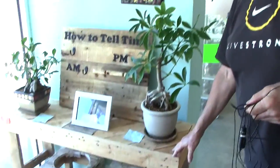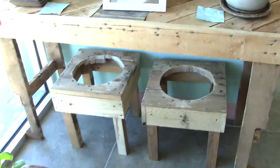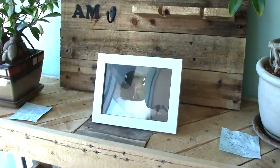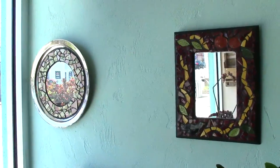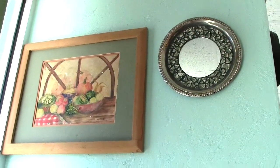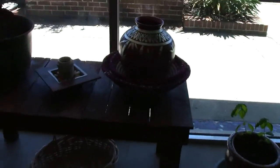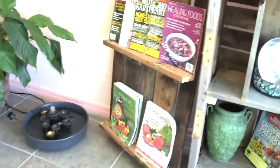So we have the pallet furniture, we have the photography from Kim. This is a new couple who are helping us out with some mosaic. Actually, this is Brenda who did our mosaic. I'm getting confused with my people here. And we'll show you that in a minute. That was a long time coming, and special joy that we received that yesterday. We worked hard on getting the bits and pieces for her, and then she worked hard on making it happen. So again, as we shift around here,